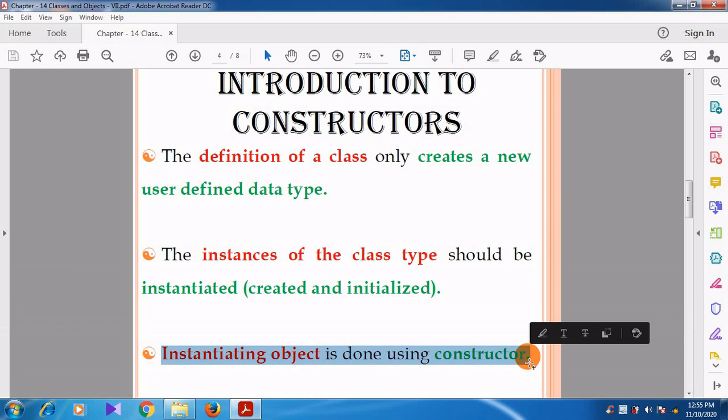Whatever object we create for the class, that class object is initialized by the constructor. So it is called the special member function.